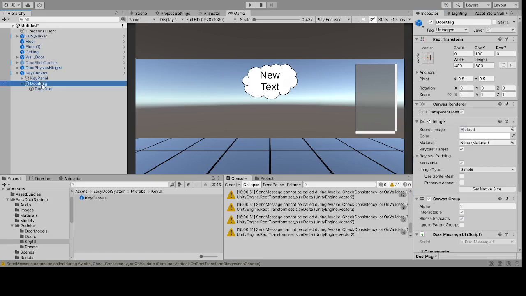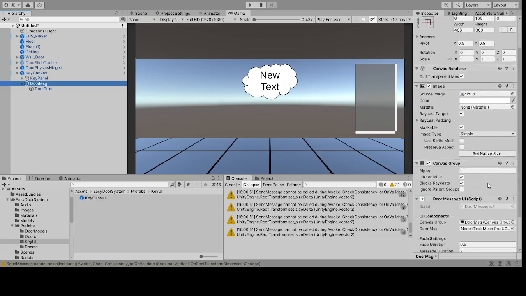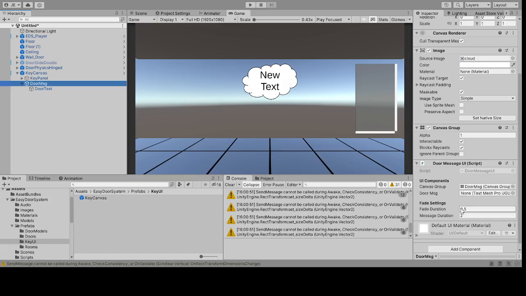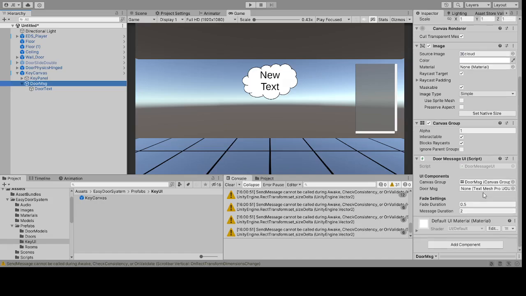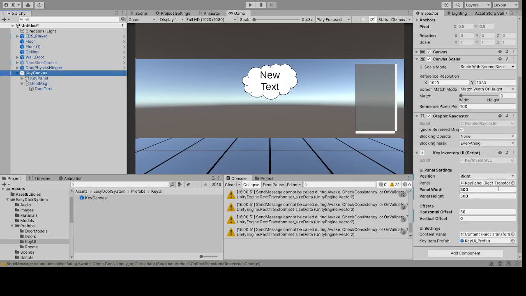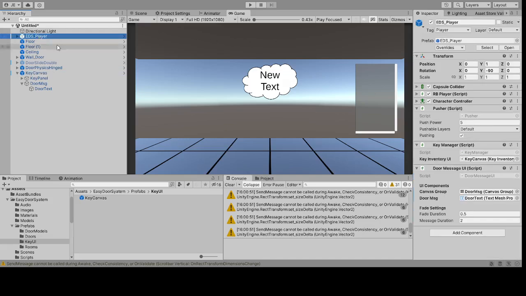Now, if you do not like the door message cloud that I created, you can also use your own sprite, and change the size, shape of it, and so forth. You can change the duration at which this fades in and out, and you can also change how long this message is going to stay up right here. Okay. So now, with those simple additions added to the player,